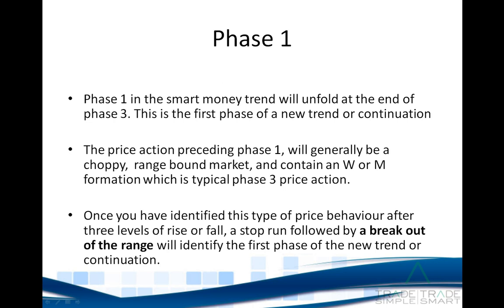Once we see three levels of rise or fall, again we're going to see that choppy range bound level three accumulation, and from this we're going to be waiting for phase one in the new trend or the continuation of the prior. So once you have identified this type of price action, after three levels of rise or fall, a stop run followed by a breakout of the range will identify the first phase of the new trend